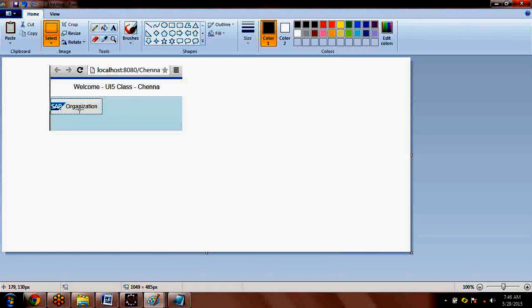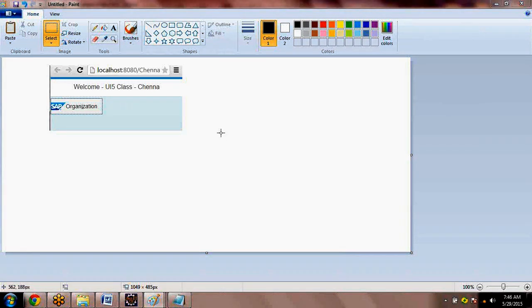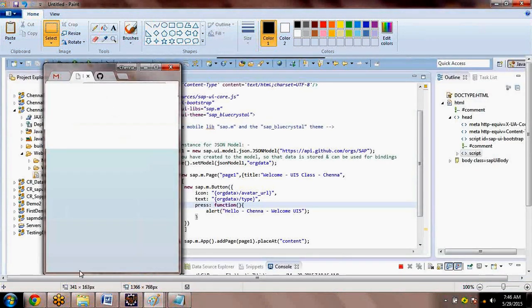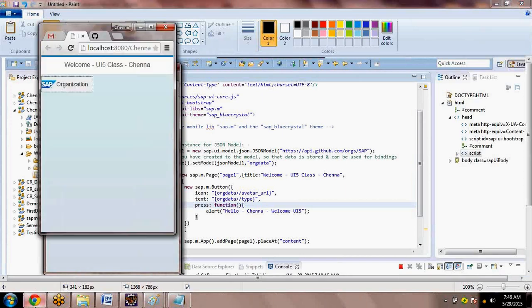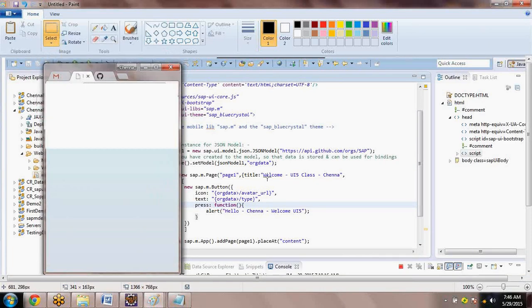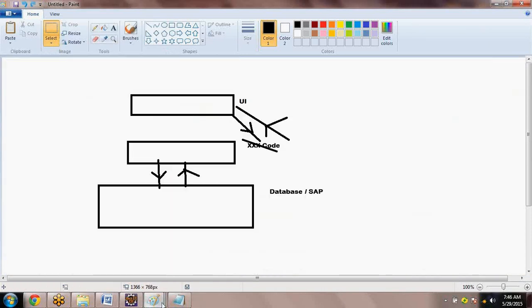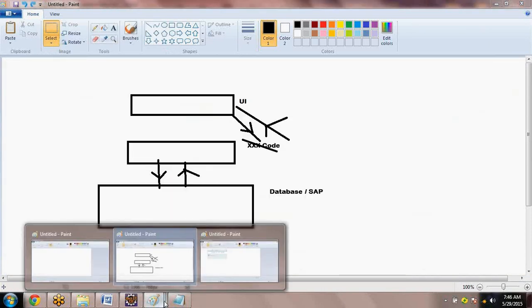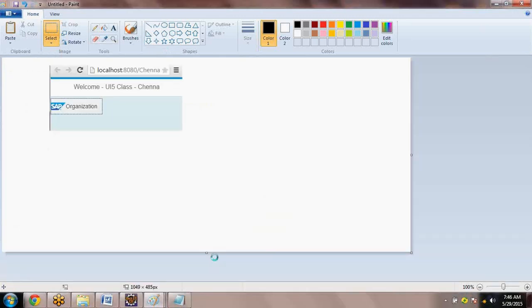Okay. So in this program, what are we trying to do? There is a button. These are all coming from the JSON. The output is when you click on this one, you will be getting the alert. That's it. So if you look at here, where is that? Okay.